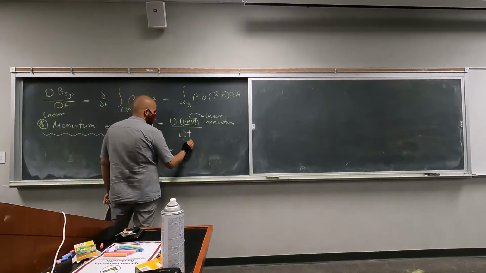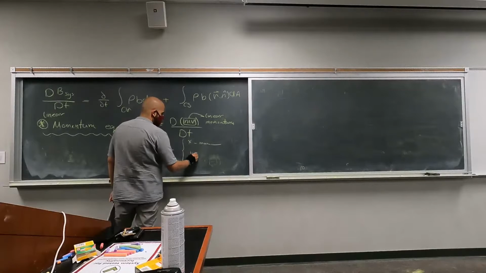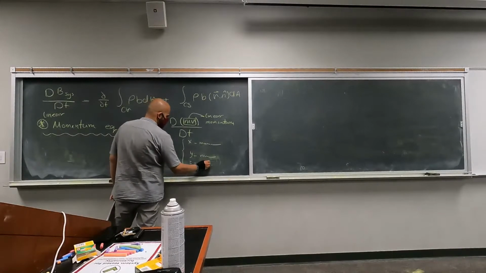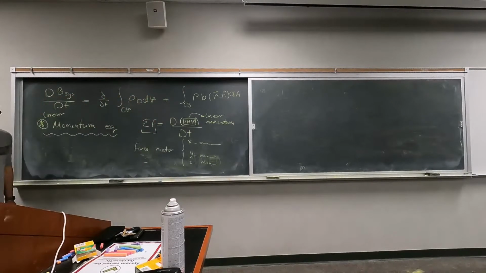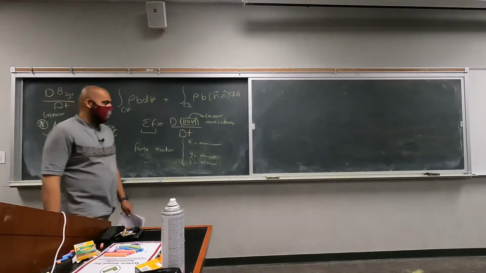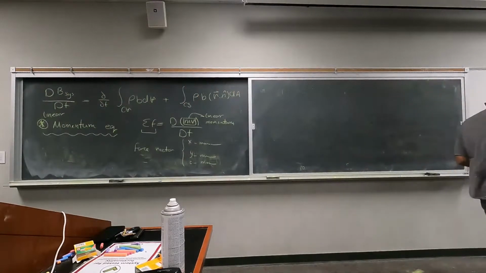We have an x momentum, y momentum, if you're dealing with a Cartesian coordinate system, of course, and z momentum. If you are dealing with cylindrical or spherical coordinate systems, we will still have three components, but that will be a little more complicated. Okay, so let's